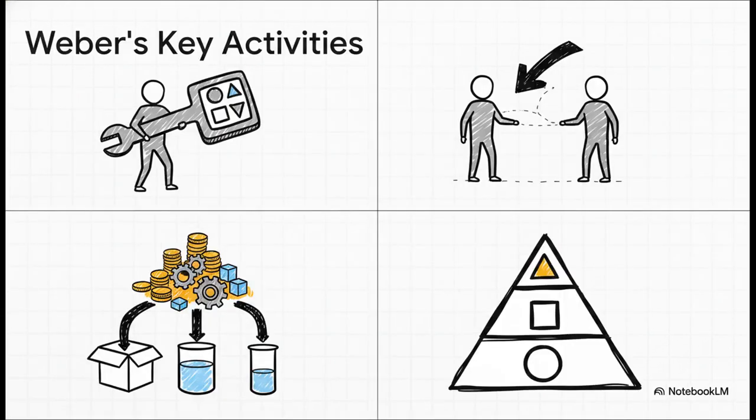To really grasp the foundations of this, we've got to look back to Max Weber's 1947 bureaucratic theory. To avoid total chaos, he argued you absolutely need 4 things: clearly defined roles, established reporting lines, strategic resource allocation, and a definitive hierarchy of authority. It's basically the ultimate playbook for maintaining order.